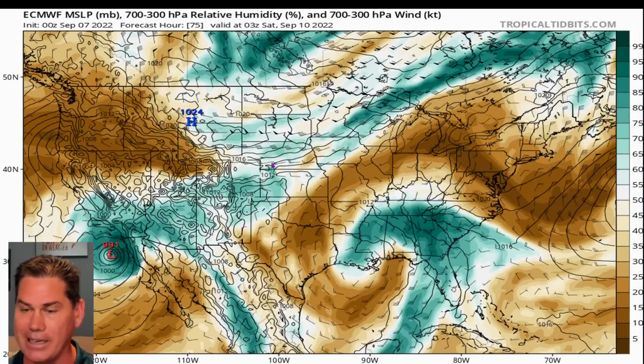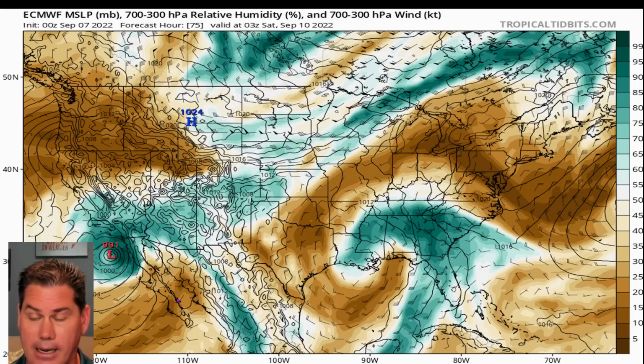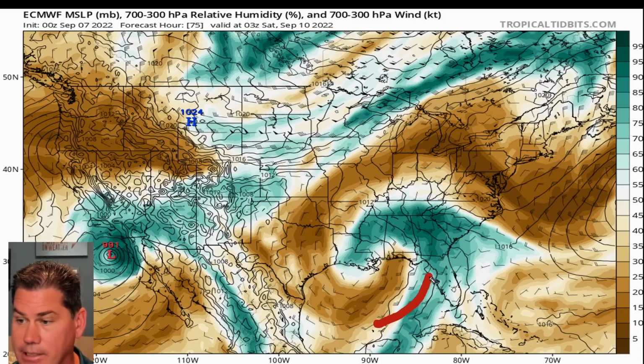But before that, this is the overall relative humidity, and this gives you a true depiction of what's going to happen by the time we get into Friday, going into Saturday. So here's Hurricane Kay, right? It's going to be coming up the coast of the Baja of California, setting up right off the coast, pulling in all that tropical moisture and dumping it right into Southern California, as we have that other developing low pressure center in the Gulf of Mexico